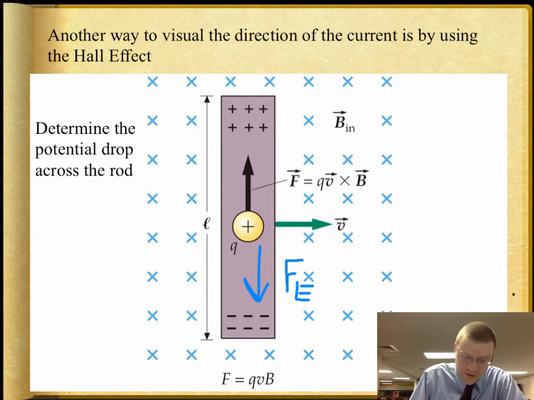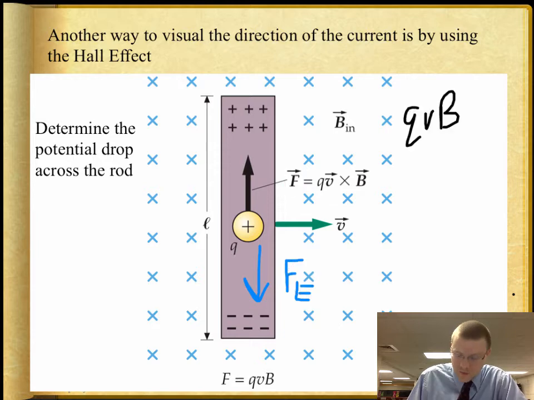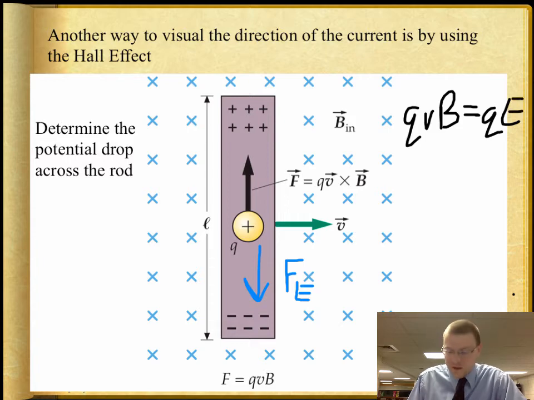Well, I know that the magnetic force here is going to be equal to the electric force, which means that qvB is equal to qE. And you can see there's charge on both sides. So if I want to know the electric field strength, remember it's velocity times the magnetic field. If I want to solve for voltage now,